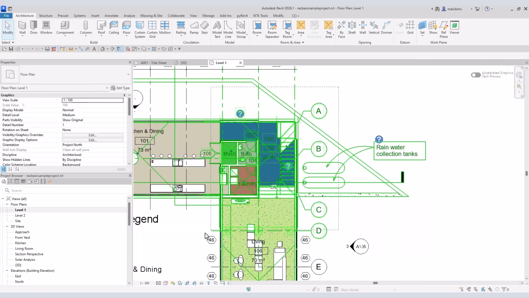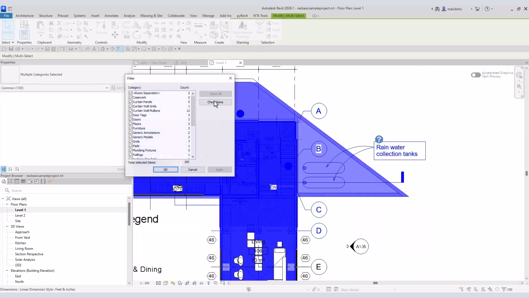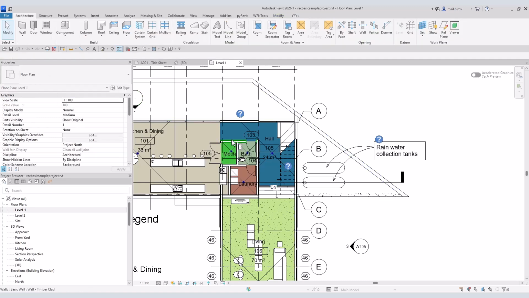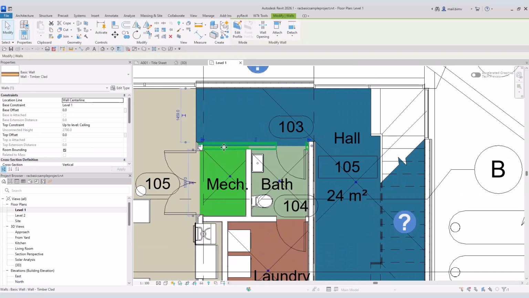When I select something using the frame tool, I can only select an entire category, filter an entire category. So I have walls, but they are not of this exact type. So I have multiple families selected, walls 20. Okay. So if I want to select all of those visible in the view or in the entire project, I